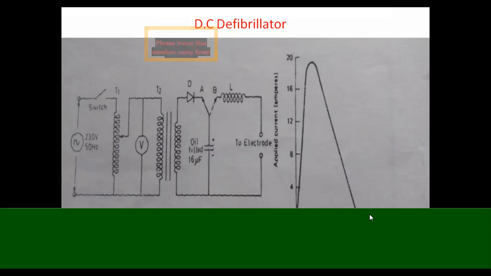After this period of time, the switch is disconnected and connects to the diode, that is A. So again the capacitor will charge, and it should be ready anytime if you want to apply. Again I will disconnect A to B, and we apply to the electrodes, and through the electrodes it will be applied to the heart muscles.